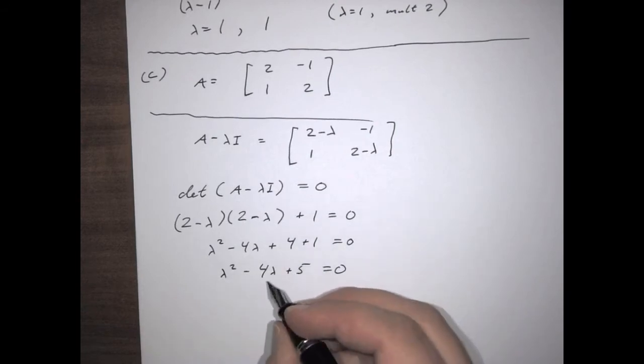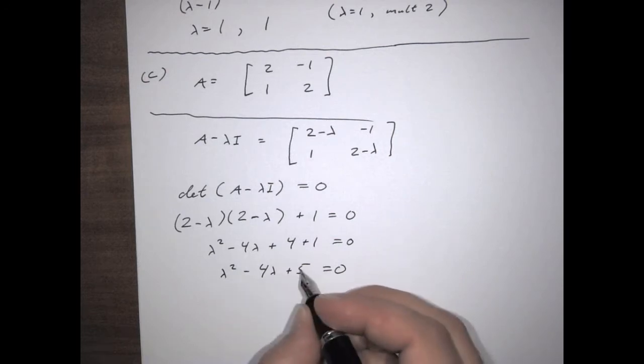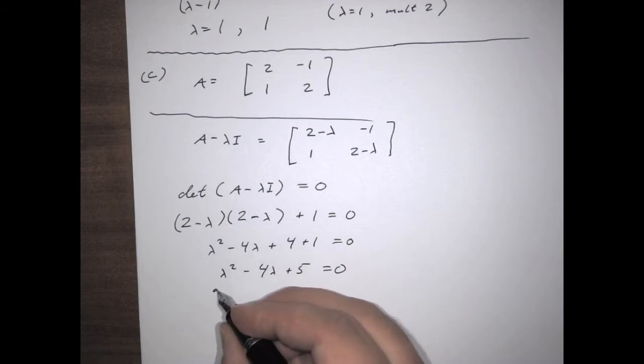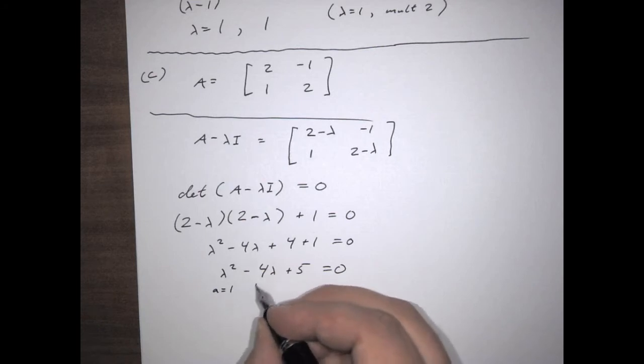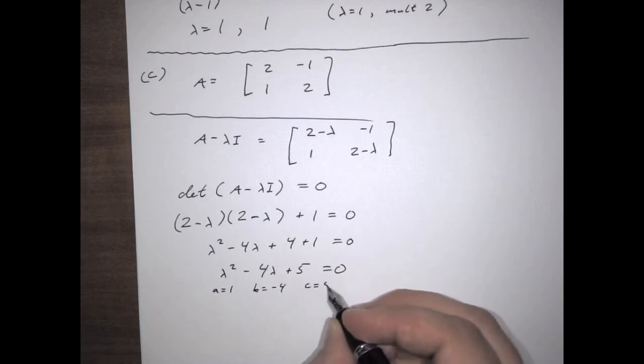If this were a minus, then we'd be able to factor this, but because it's a plus, we can't. So we can just use the quadratic formula with a equals 1, b equals negative 4, c equals 5,